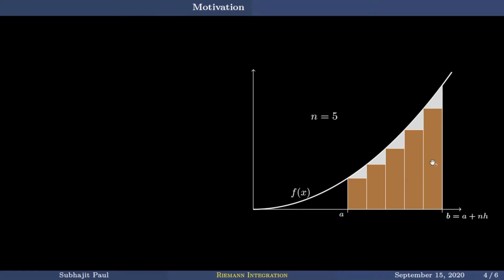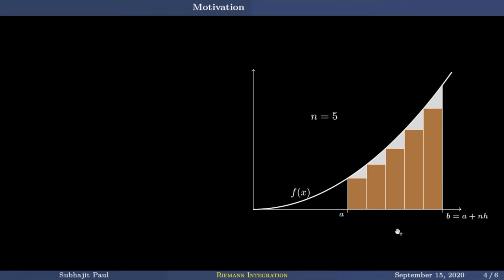And in this way, what you can see is we have the gray portion we needed to find the area of, and we have been able to find the area of this brown portion by approximating by rectangles. Now you see there is quite a lot of area left on top of these brown rectangles. This portion of area we could not measure because this is a curved line. This cannot be taken in the rectangle part.